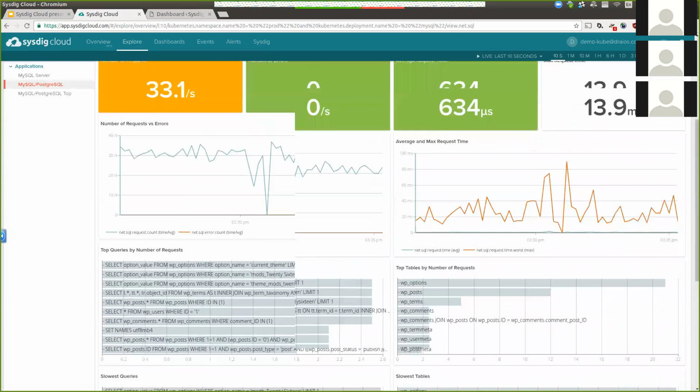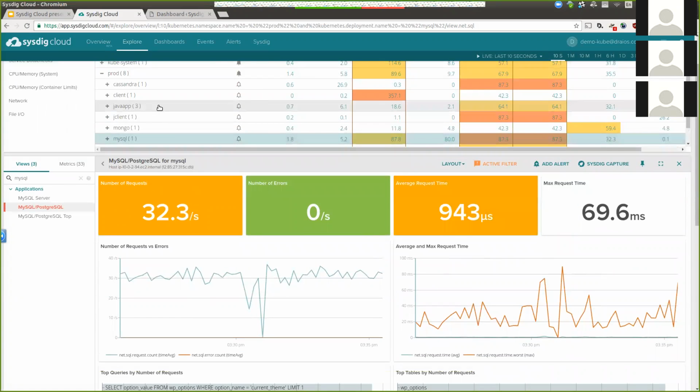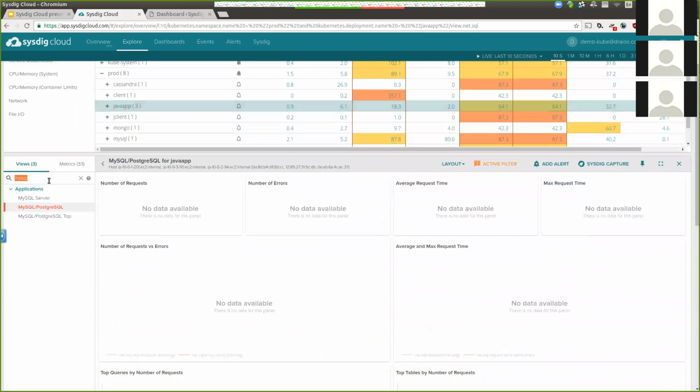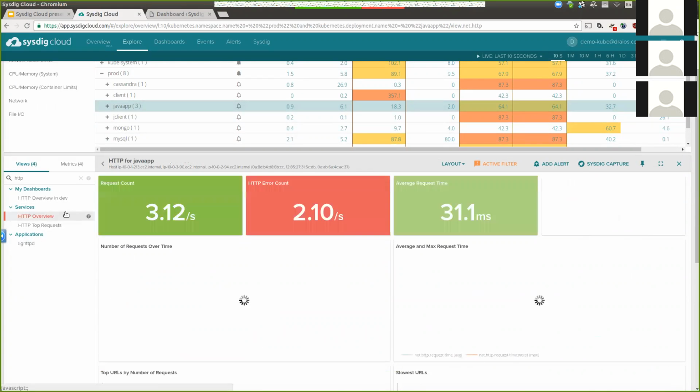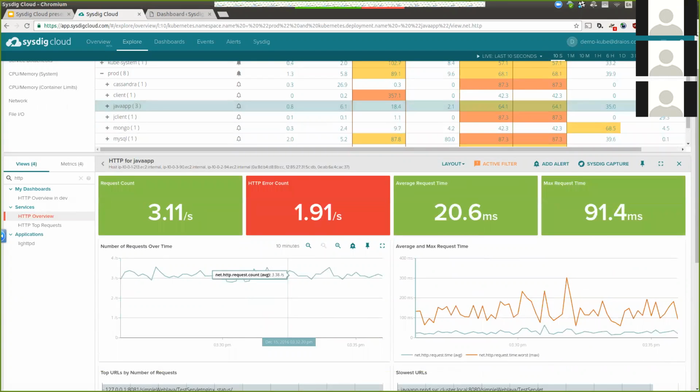I could show you, for example, the same thing for an HTTP server, but I don't want to show you that on an Nginx or an Apache server, because that would be very easy. I have this Java app here that I know is a web service. So if I apply an HTTP overview dashboard on top of this Java app, I'm going to be able to give you metrics as if it was a real web server, but at the end, all it has is a